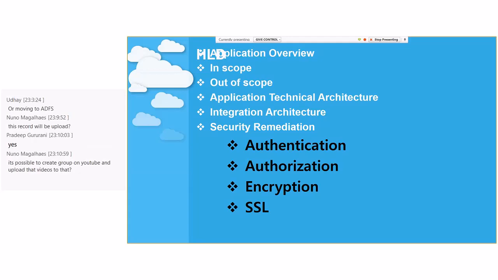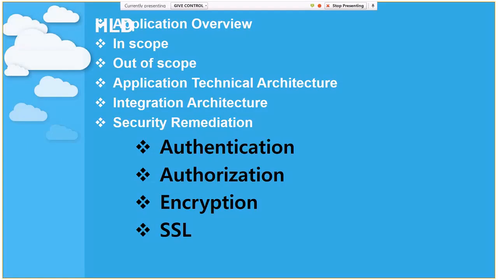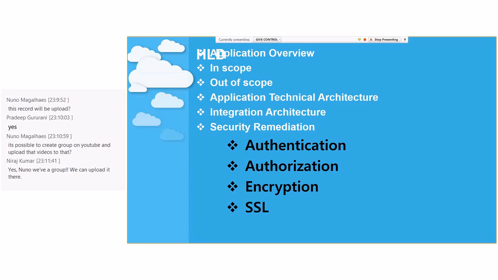When we are doing the security remediation, we need to talk about whether they have an Active Directory. Are they using Azure Active Directory, so that we can have authentication in place from Office 365? Sometimes the client wants to keep all the data on-premises only, but is willing to migrate all the identities to the cloud. We can use AD Connect and so on. So these are the things, and we can have ADFS in place.